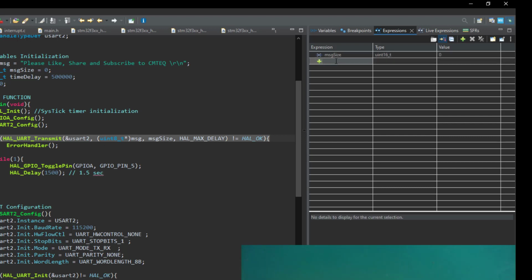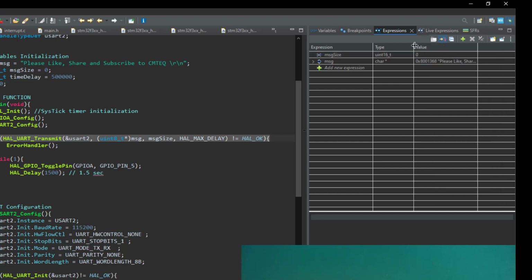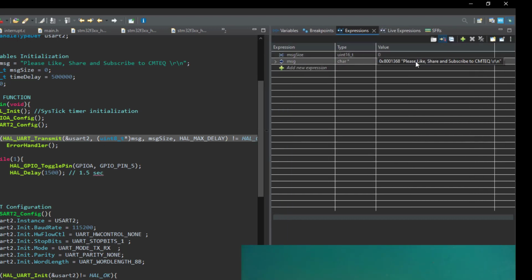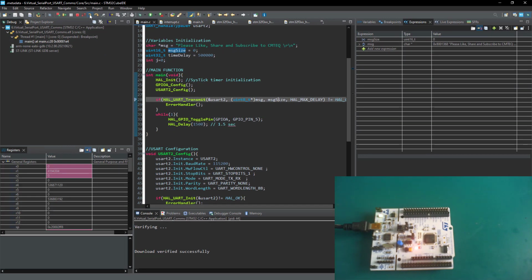Now let's put MSG as well. So that's a pointer variable, and you can see it's a character pointer variable. Now we can see what the value is there. There it is. So we've got a message that is there, and the message is indeed please subscribe to CMTEQ channel right there. So that's a message, but the size is 0. Now let's step into the function and see what's going on. So I'm gonna step in there